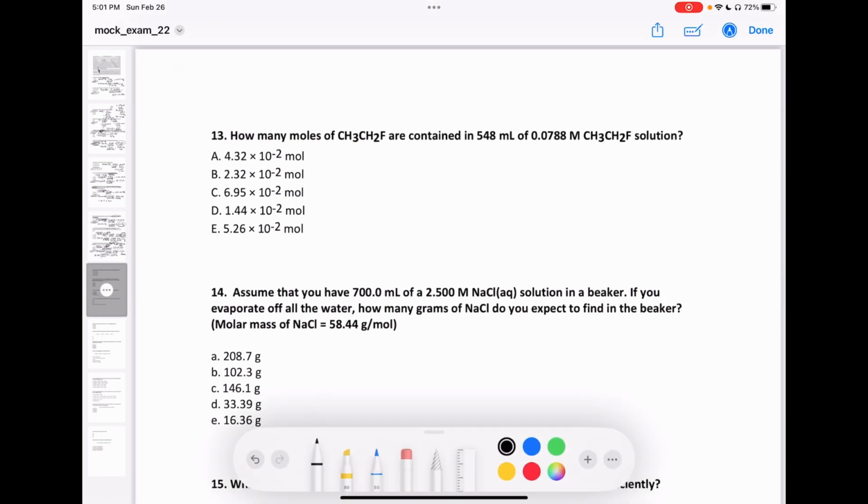How many moles of whatever that is are contained in 548 milliliters of a 0.0788 molar, whatever that is, solution? So this one's pretty easy. You just kind of remember the molarity equation, which is moles over liters of solution. And then rearranging this, doing algebra, multiplying everything by L, that cancels. You get n is equal to liters times molarity,